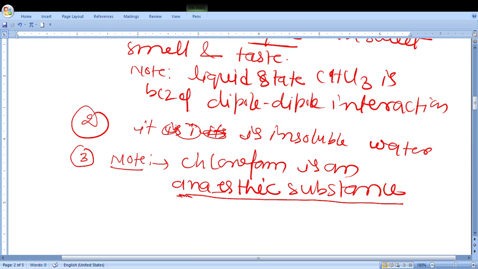We can say normally that it causes unconsciousness, and unconsciousness may be permanent if a high dose of chloroform is inhaled. So it causes what? Unconsciousness,